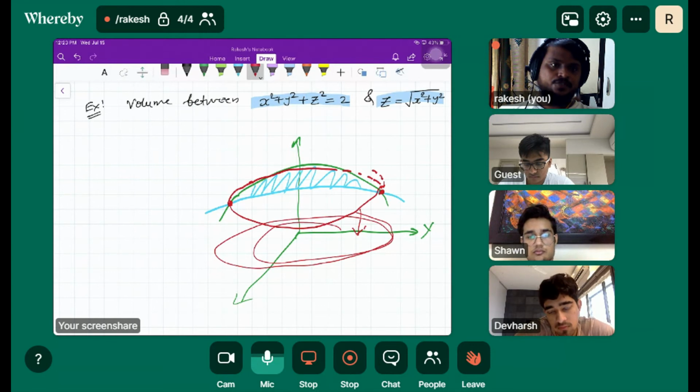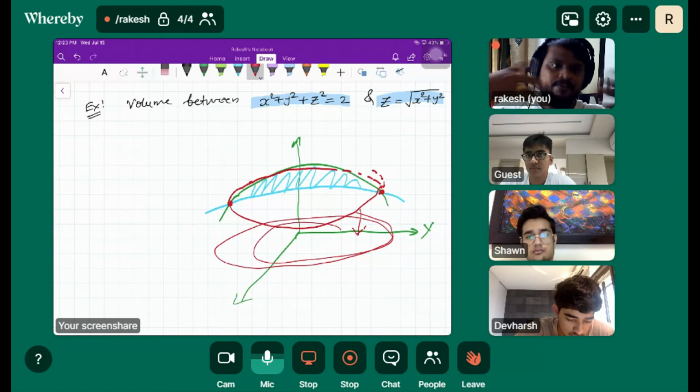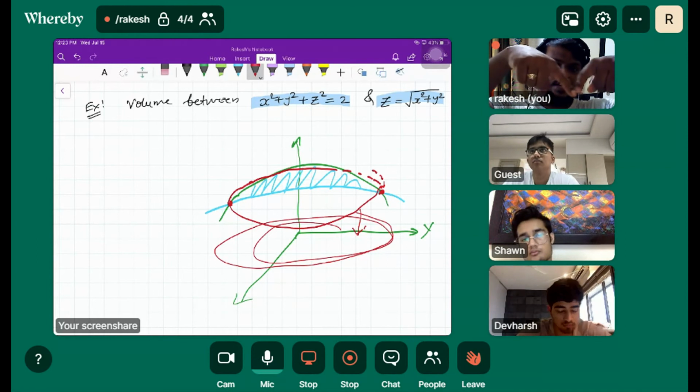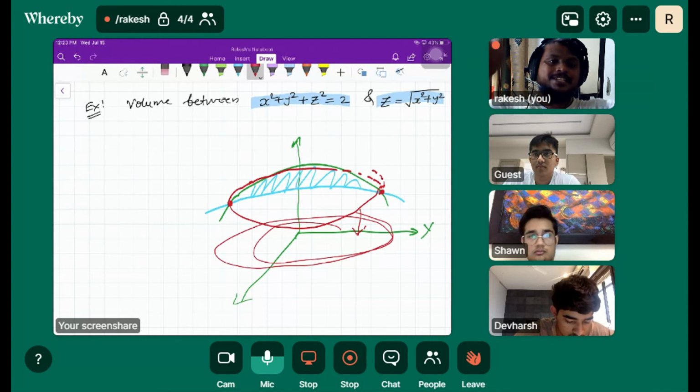Does this make sense to you? Like, this is one surface, this is the second surface, they will intersect. If they intersect, then only we can find out the volume. Here you see to understand this. If they intersect, then only we can find out the volume, right? If they intersect, this will give you the level curve, and that level curve must be projected on the xy plane, right? On the xy plane, that will give you the sense of region.